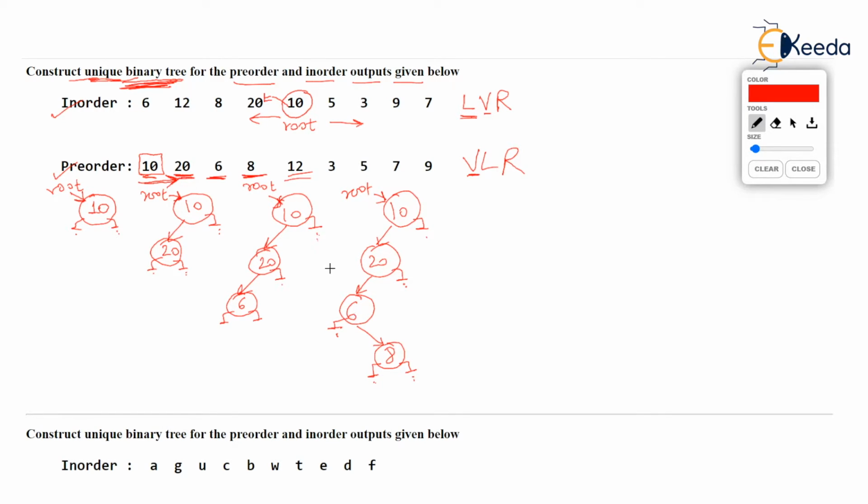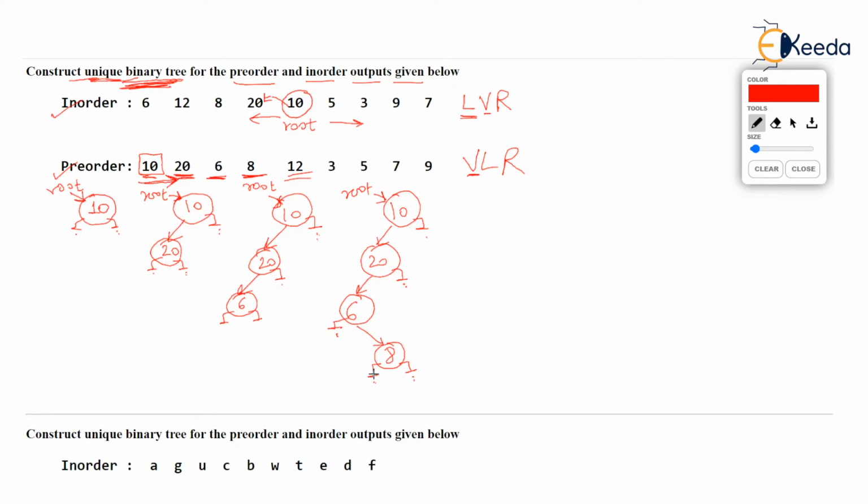So go to 6 and check where 12 is with respect to 6. It is to the right of 6. So 12 must get added to the right of 6. But right of 6 is already 8. So let's go to 8 and check where 12 is with respect to 8. 12, the new value, is to the left of 8. And left of 8, observe in the latest tree, is empty. So 12 can go to the left of 8.